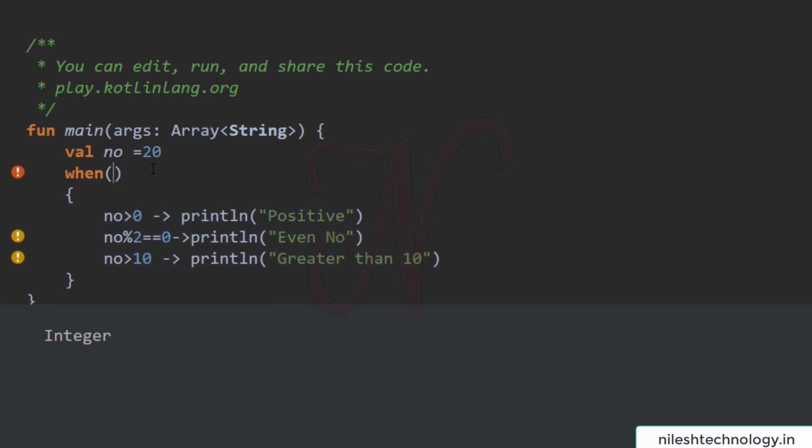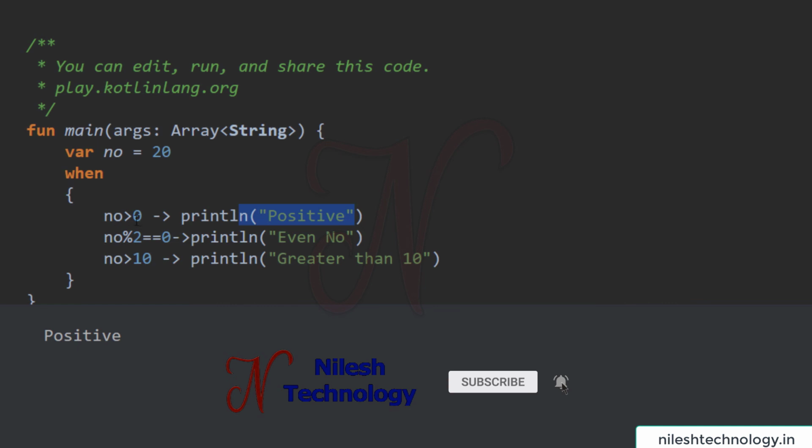Here we pass the number. So see, there is no need for a parameter. If you pass one condition, then directly use the when block. So see after running this code, positive. So it goes through the conditions one by one; if the first condition is false, then it automatically goes to the second one. Here 20 is greater than 0, true, so it gives the positive answer and automatically breaks this case. So break is a default statement for every case. So this way you use when statements. So that's why this is more powerful than the switch.